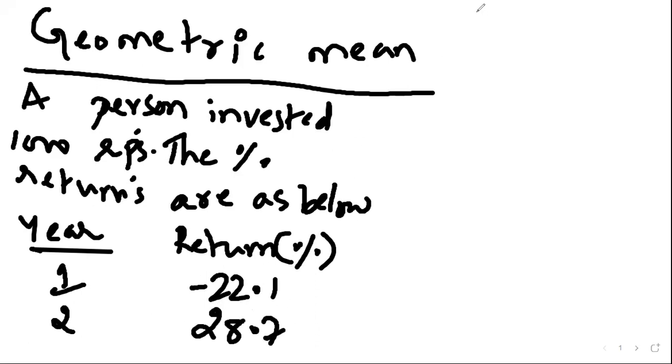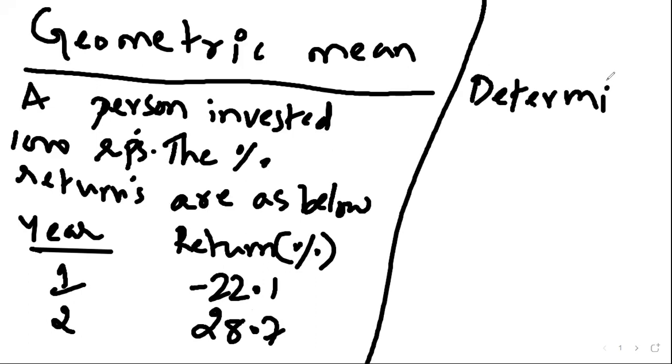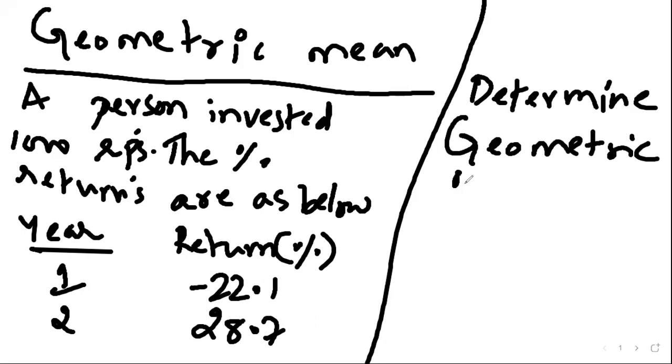So you are supposed to determine the geometric mean. Always remember one thing: whenever there is a percentage growth and average percentage growth is to be determined, we are supposed to use geometric mean, correct? Why this is done like this, we'll probably learn while studying financial management in the second semester. Why is geometric mean exactly used?